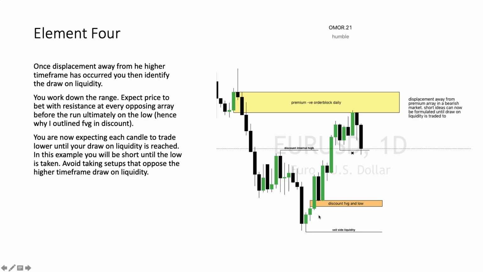But you have to consider each discount array, right? So if you just think of price, from this low to this high, and draw an imaginary fib, you can see that everything from my cursor beneath is discount, right? So this fair value gap, this low, this is something to consider before this low. You don't just go for this low straight away. You have to consider every single array, because you're going to be met with resistance probably in this down close